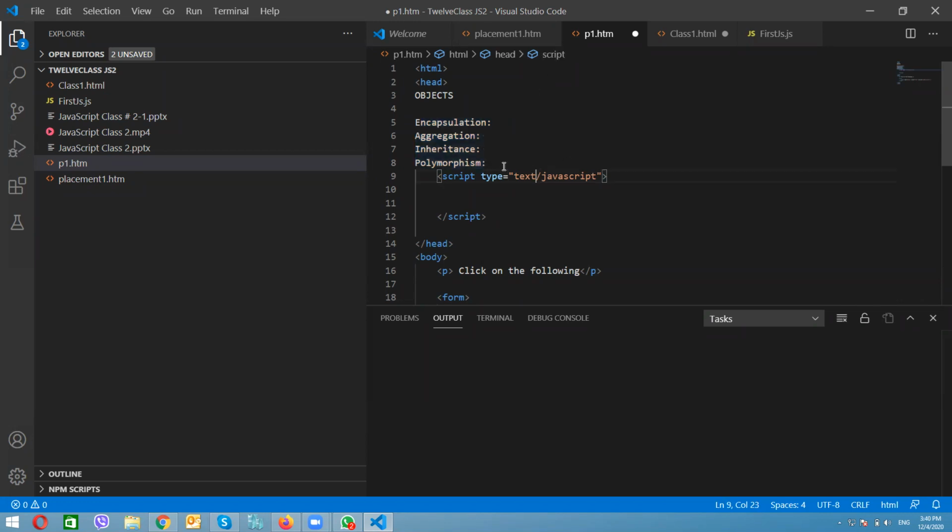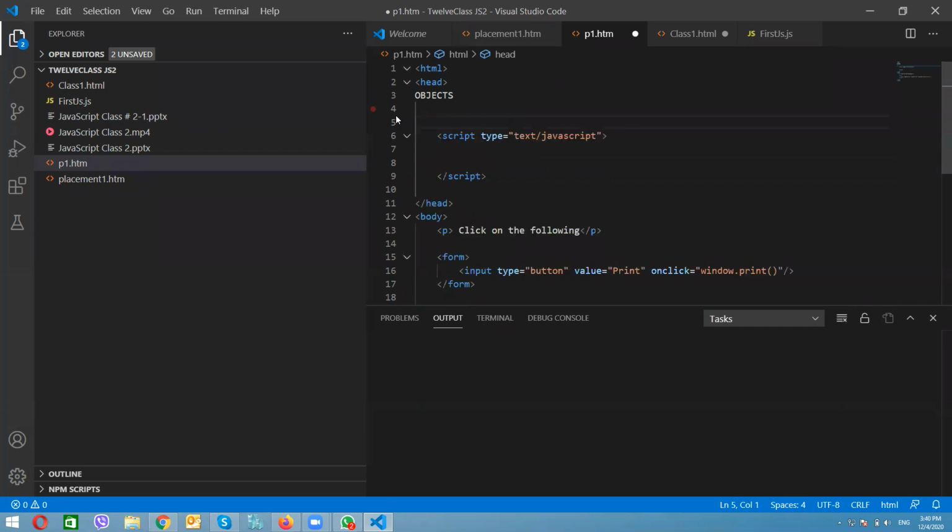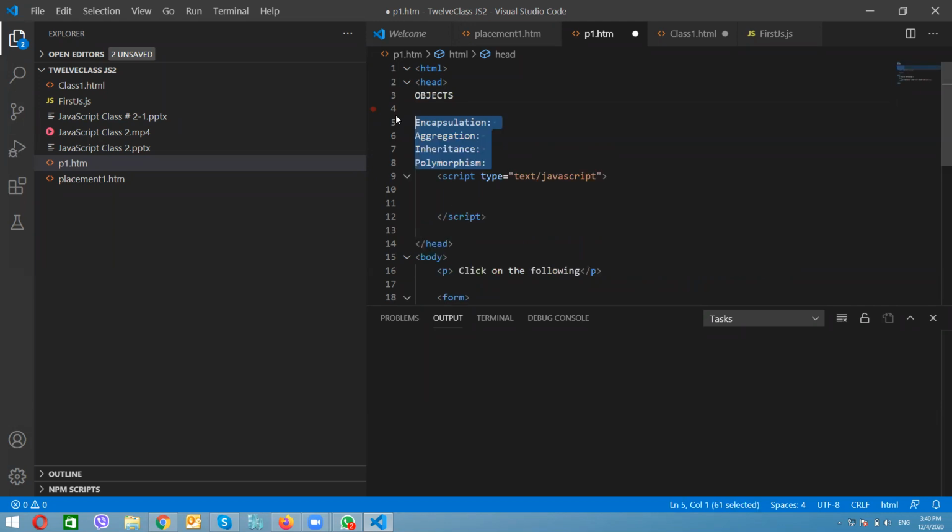About the object syntax, how we write an object.